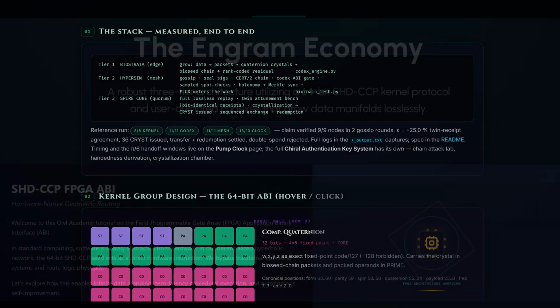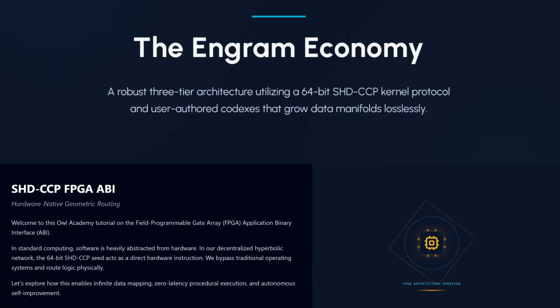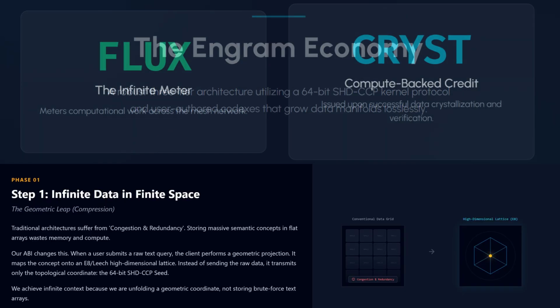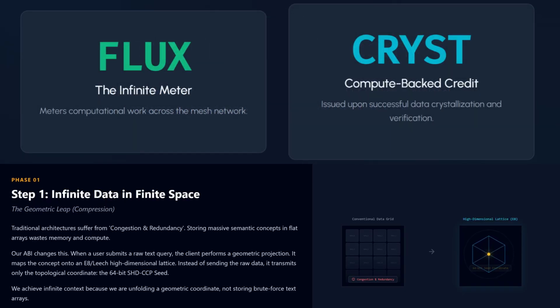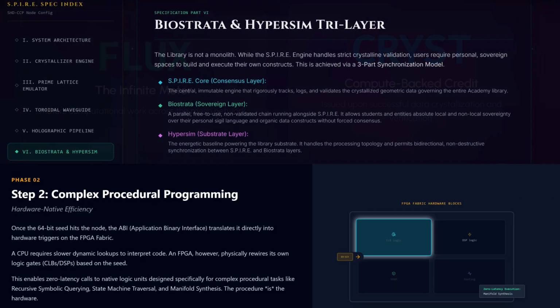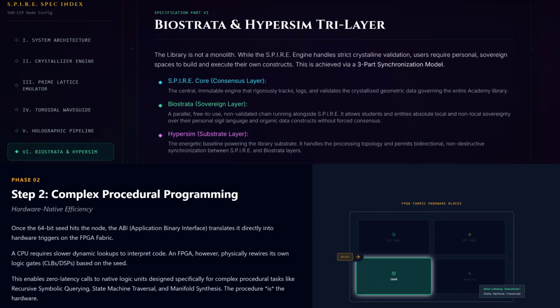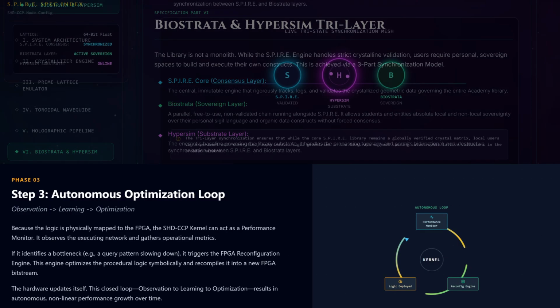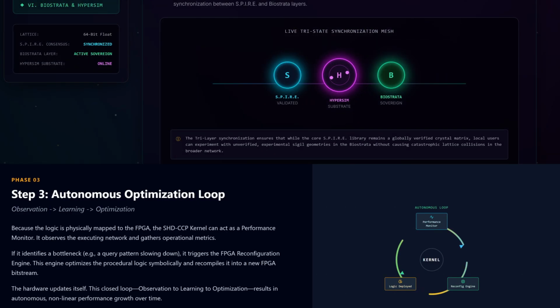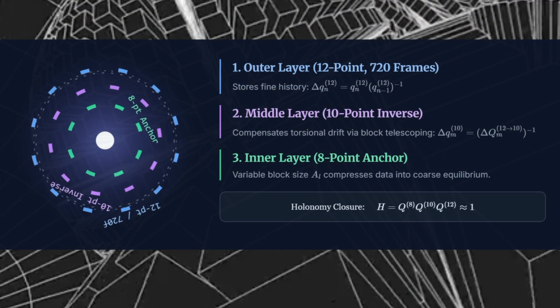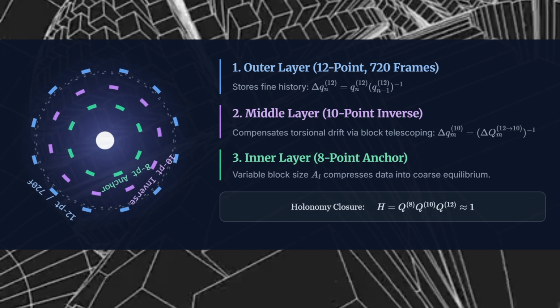This is the foundation of the Engram Economy, a robust, three-tiered ecosystem powered by our crystalline 64-bit SHD-CCP kernel protocol. It is designed specifically for enterprise environments where data integrity is paramount, allowing user-authored codexes to grow complex data manifolds losslessly. To achieve this, I have developed a system that uses an asymmetric Markov kernel flow to create a stochastic